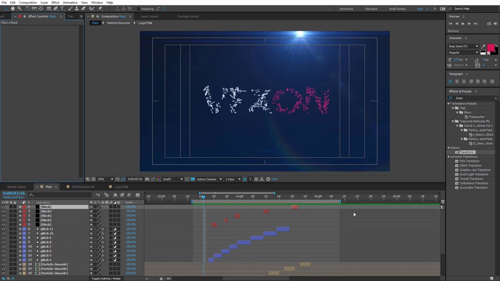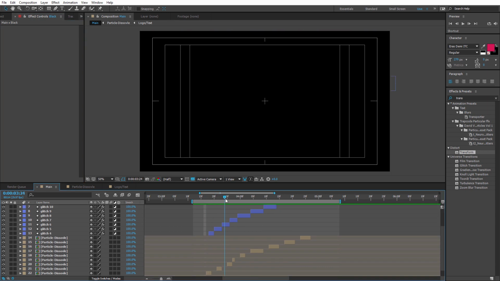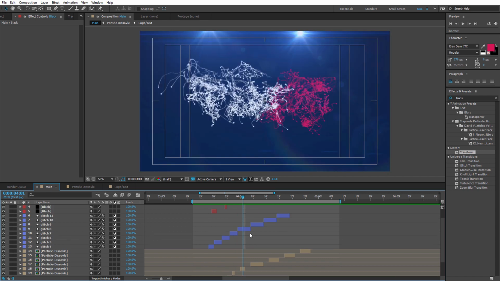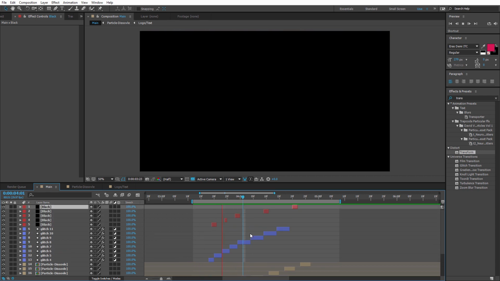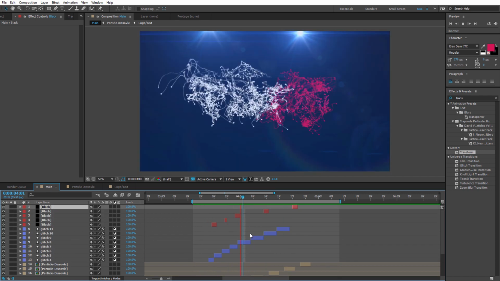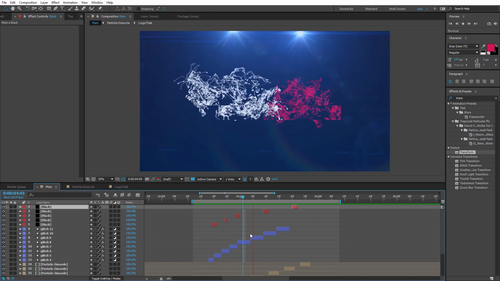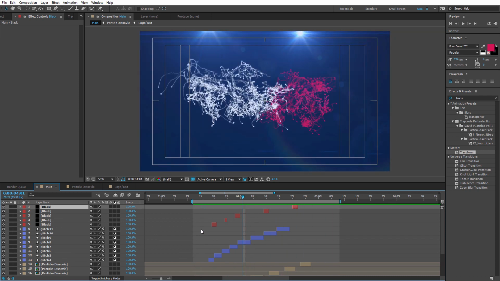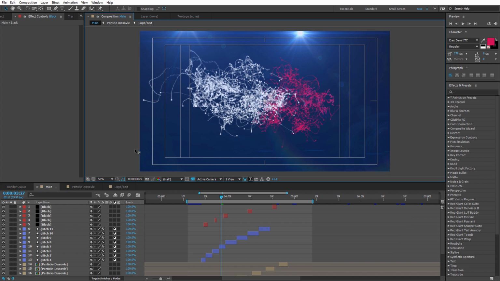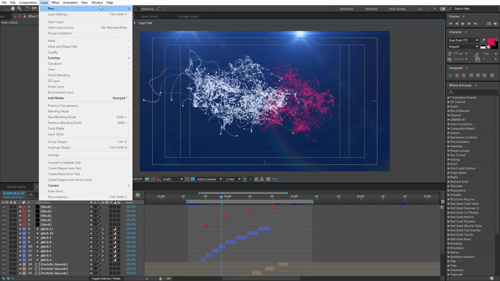Okay, so this is how I placed my black solids there. Don't go crazy, you don't have to place them in every gap you have. Just place them where it looks okay. And this is how it looks for me. I think it looks good. So yeah. Okay, so now what we need to do is create a new adjustment layer,